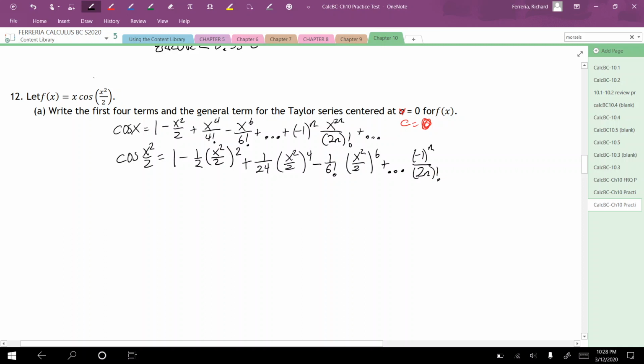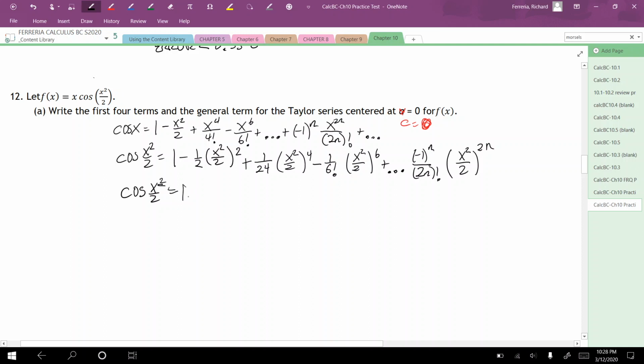As you can see, I've taken that -1 to the n, put it on top of the 2n factorial, just to make way for the x, so I don't have to put a compound fraction on this one either, to the 2n. So that looks pretty good. Yes, I think I am going to simplify this. Cosine of x squared over 2